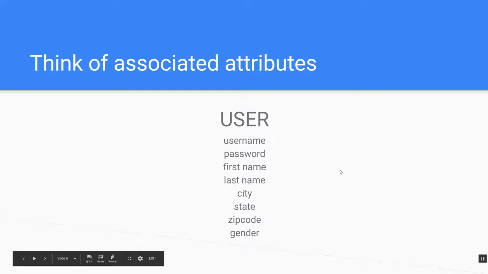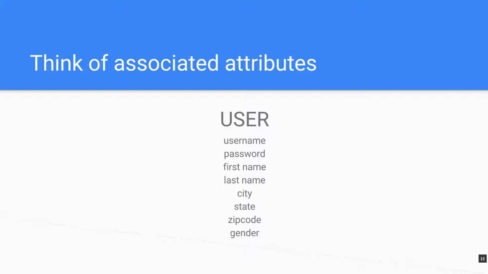So the first thing I'm going to do is think of associated attributes. I'm going to make a list of everything that I want to store. And this information you see here in front of you is not an exhaustive list. This is just what would fit on the screen. So things like username, a password, first name, last name, city, state, zip code, gender. Okay, there's many more things that you might want to include in here. But these are the things that I thought I could at least make happen and make some sort of connections